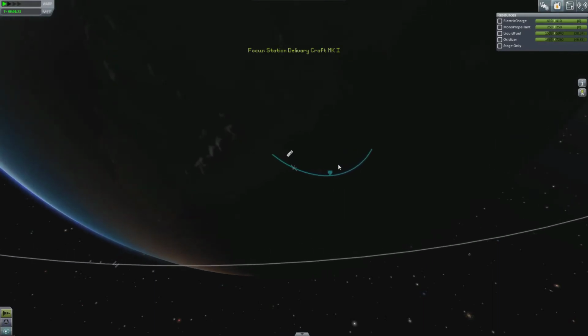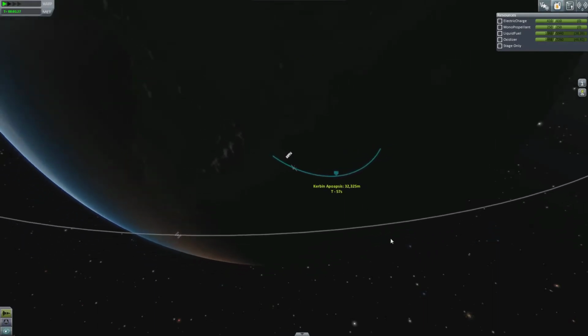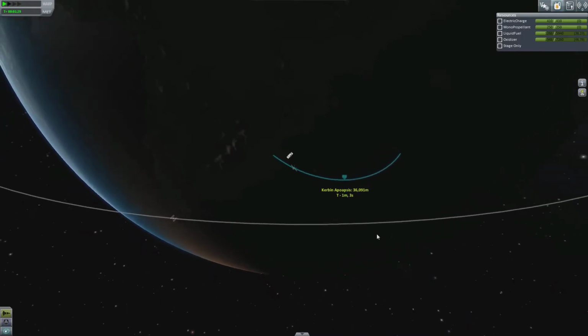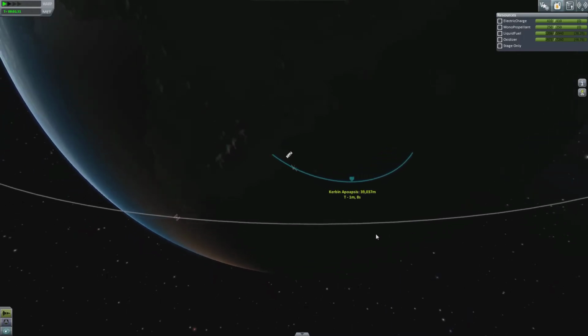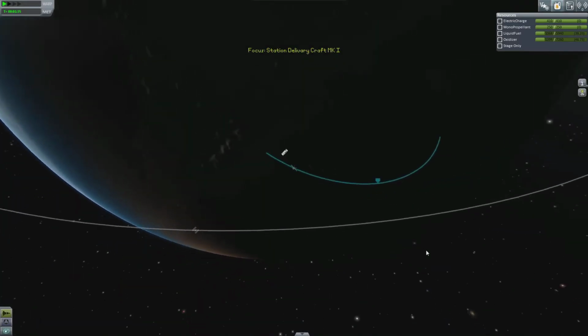And as you can see, our apoapsis is doing a lovely job of extending. 31,000, 32. Oh, that's brilliant. That was a good launch. Good launch, people. Right, and I'm going to cut that